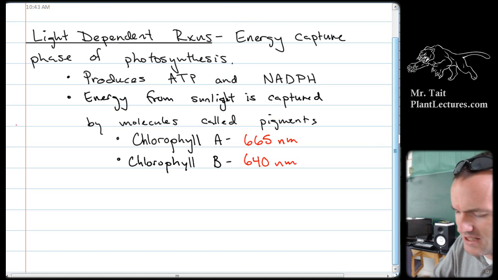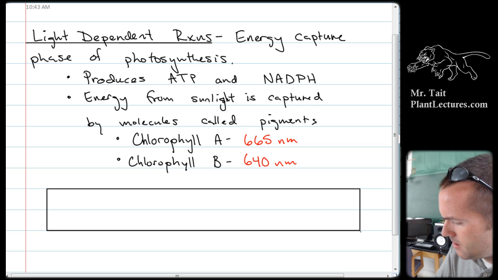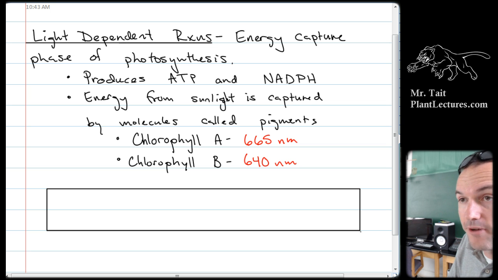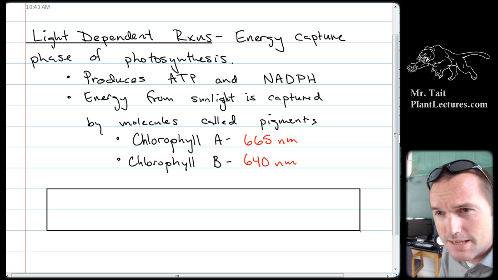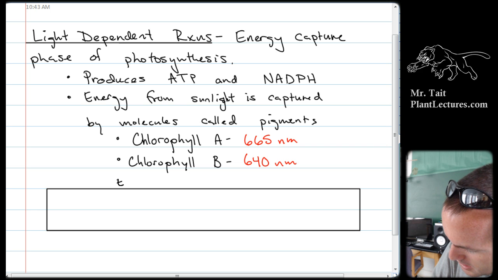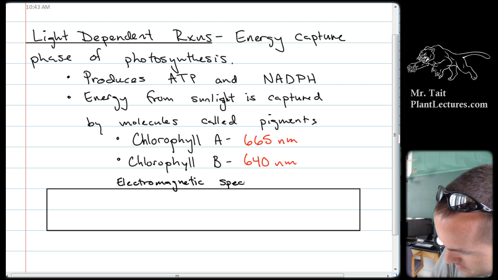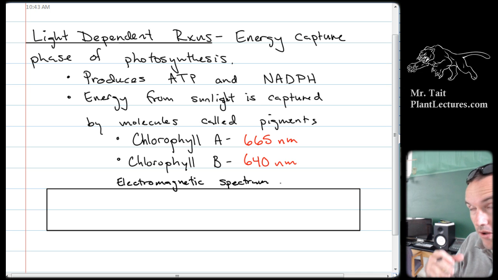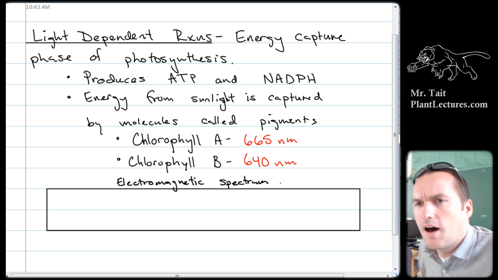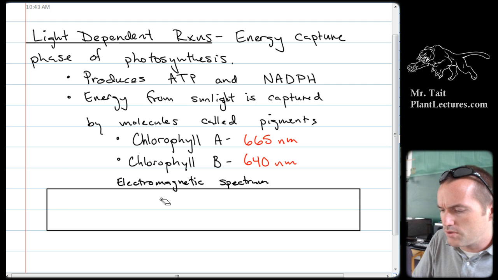And I want to talk for a quick second about what this means. We know that light is carried on this thing called the photon, right? But light is more than light. Light is just one little piece in this thing called the electromagnetic spectrum. And the electromagnetic spectrum is all the waves that are produced when things travel at the speed of light. They are produced by the photon, carried by the photon, and they are all things that are traveling at the